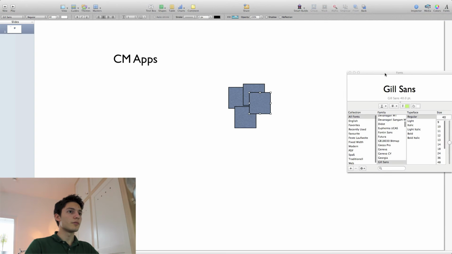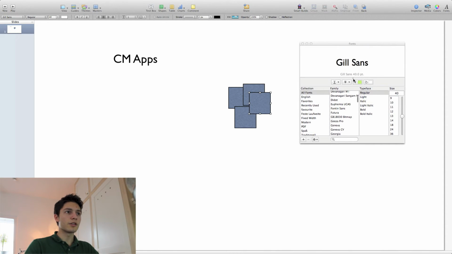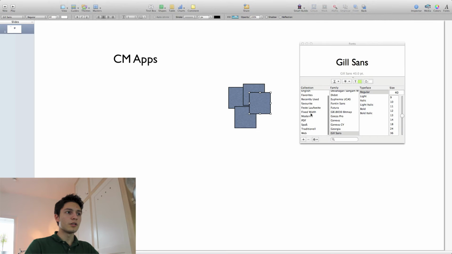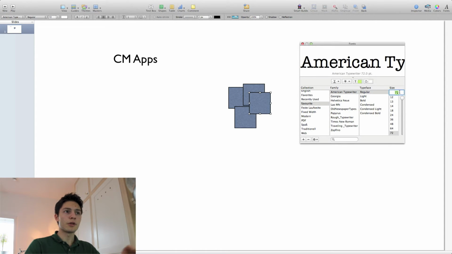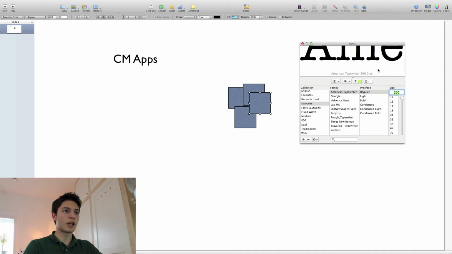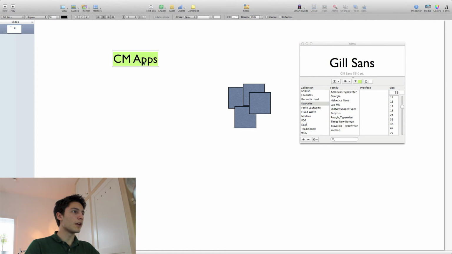To the fonts. Normally it's like this. So you have this little ball up there, I hope you can see it, and you can just pull it down. And this is a preview. So you have all your fonts over here, and I have like my favorite ones. Then I have typewriter, and here you can see the preview. It says what size it is, so I can just adjust it to 72 right now, but of course I can also just type in 200 and it's way bigger. But we want that. And now if we want to edit this text, we just double click it, adjust the